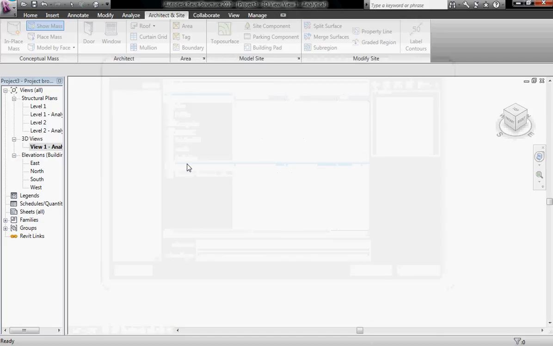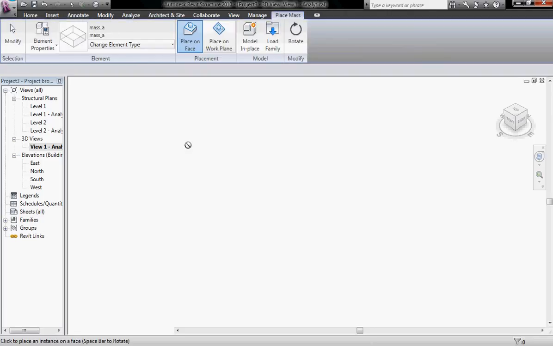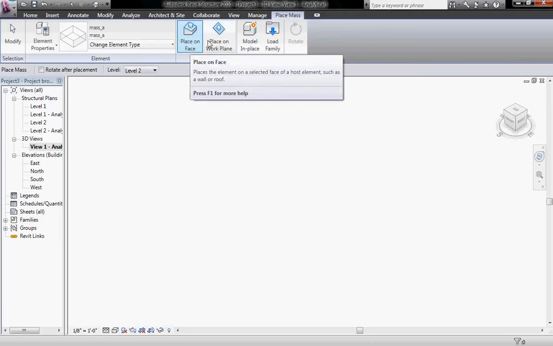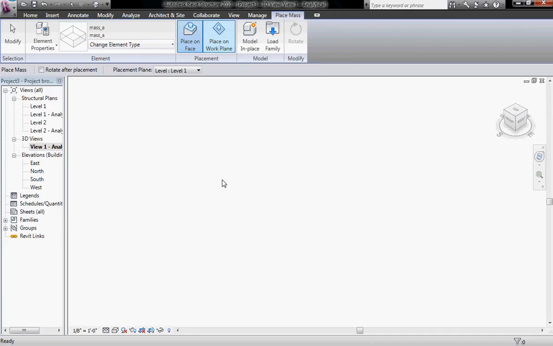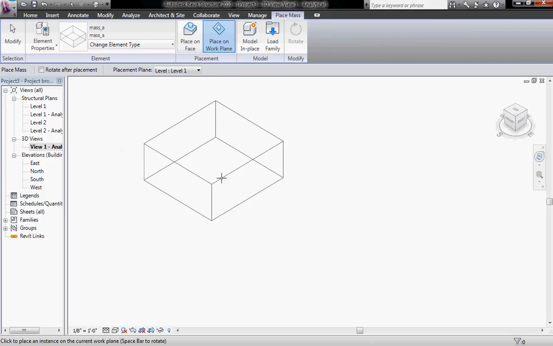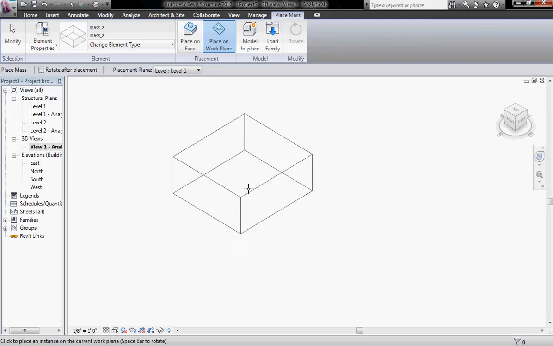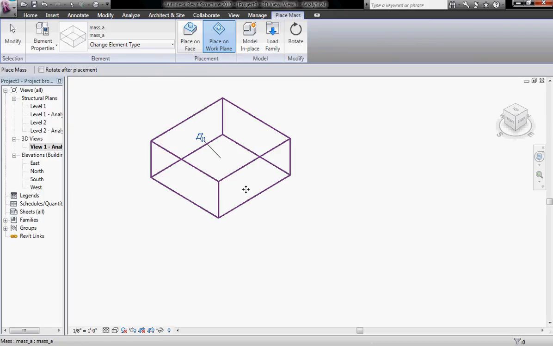So we found it, and we're going to bring it in, and you're going to see our mouse icon is going to turn to this little do not enter sign because we didn't actually make a face yet, but we do have work planes. So we're going to select place on work plane, just zoom out a little bit so we can see the whole thing. It's great. Just place it,